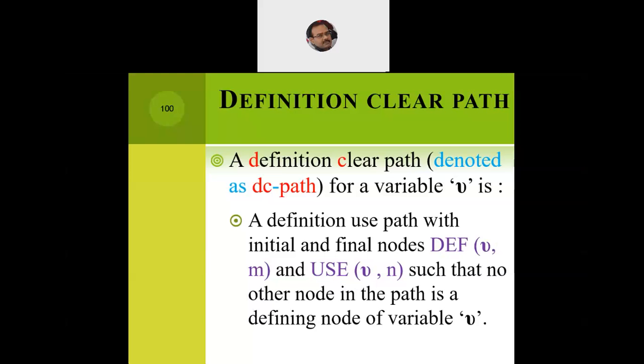So that becomes a clear path. Whereas if I am talking of the DC path, it may happen that on line number 24, and then line number 48, and then line number 39, I am using it in multiple places. So in definition clear path,